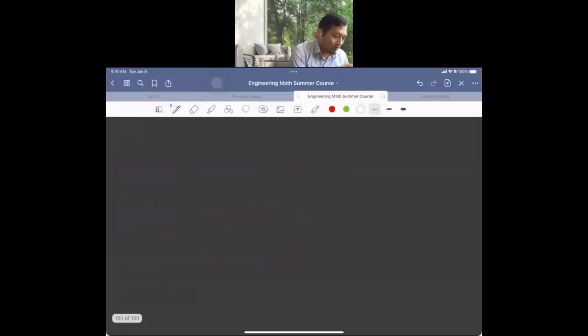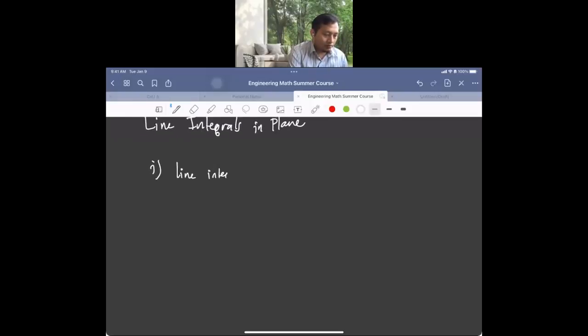Now, as a conclusion, we have the line integrals in the plane. The first case is we can write the line integral, or maybe let me write the assumptions first. Let g be a function